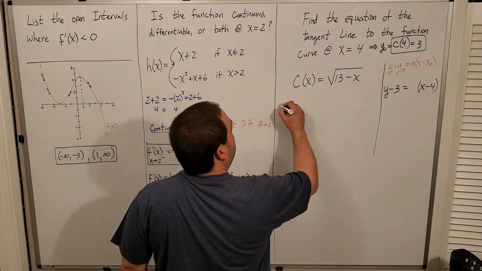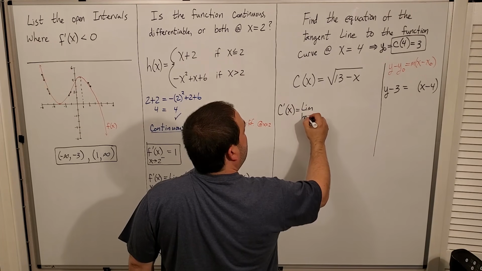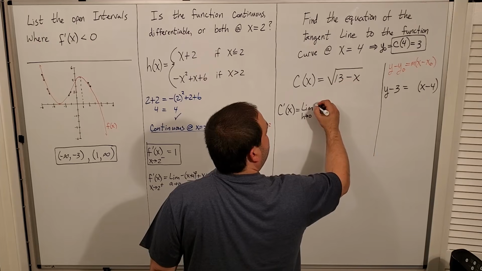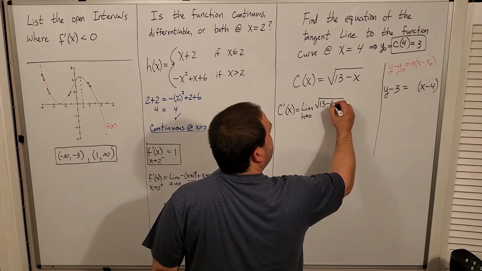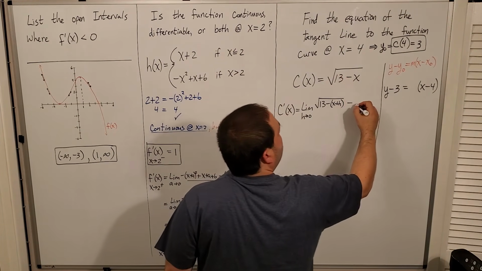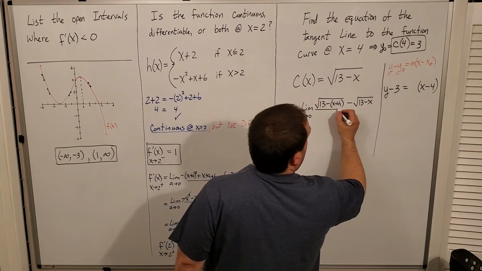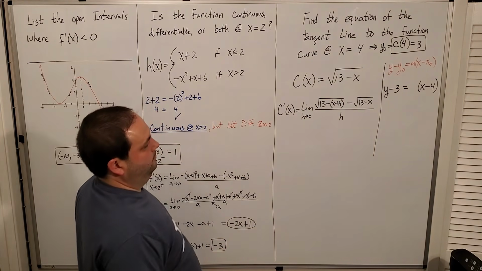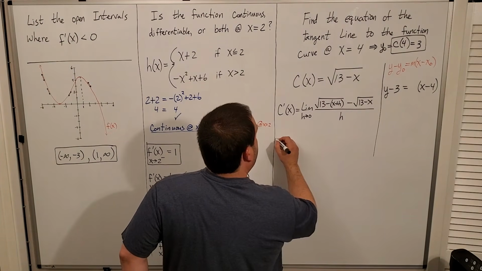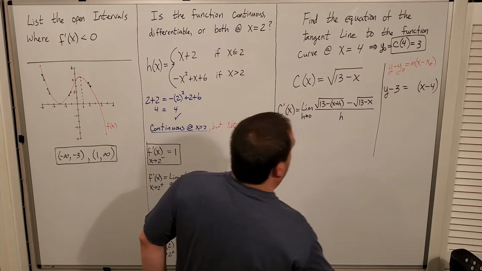Okay, so f prime of x is going to be the limit as h goes to 0 of f of x plus h. So that's square root of 13 minus (x plus h), like that, minus f of x, which is going to be the square root of 13 minus x, all over h, like this. Okay. Now, that is going to be equal to limit as h goes to 0 of